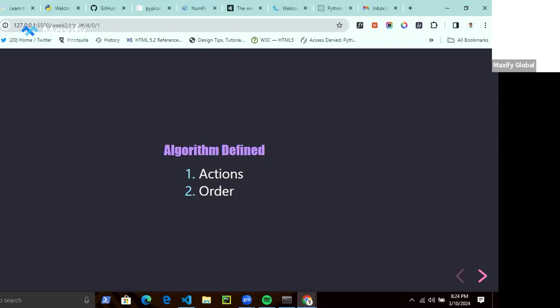So an algorithm is essentially just a procedure or set of instructions for solving a problem. And there are two major things you need to understand: that there are definite sequences of actions you need to take, and then in a certain order. If the order is not in place, then your program will not work properly, because computers can be dumb sometimes. They need to understand clearly what all the actions they need to take are, and the order in which they need to take them.